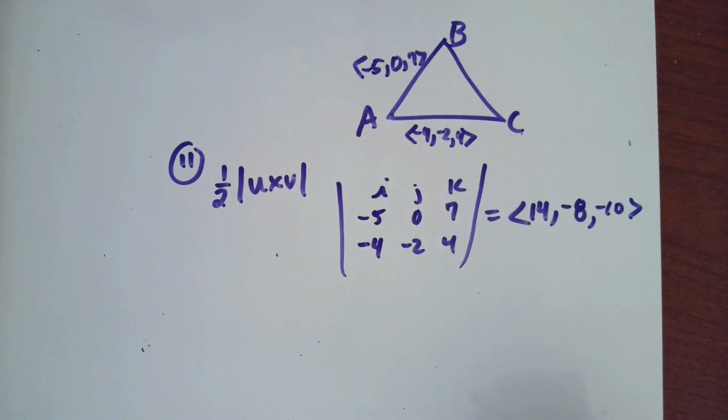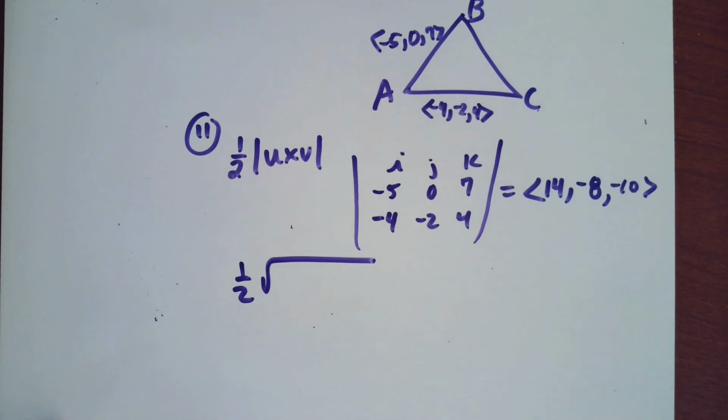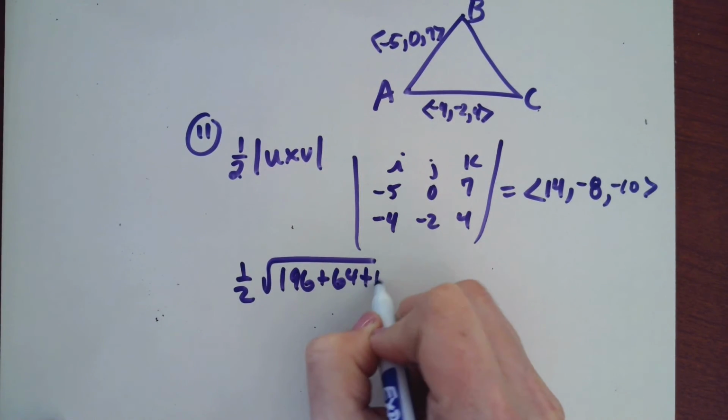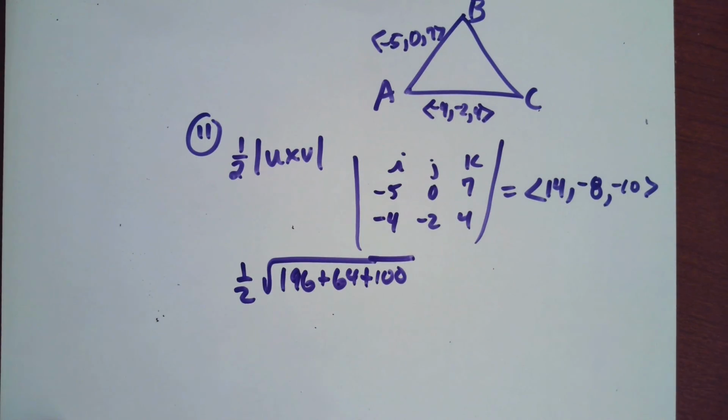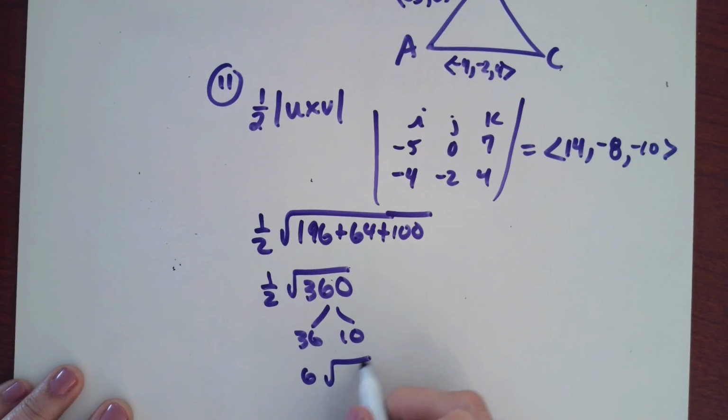All right, I need the magnitude of this. So 1/2 the magnitude of this thing. 14 squared is 196, right? Yeah. 196 plus 64 plus 100. So 196 plus 164 is 360. So 1/2 radical 360. And you know 360 is 36 times 10, so that would be 6 radical 10. So if I wanted to be all fancy, I could say that I have